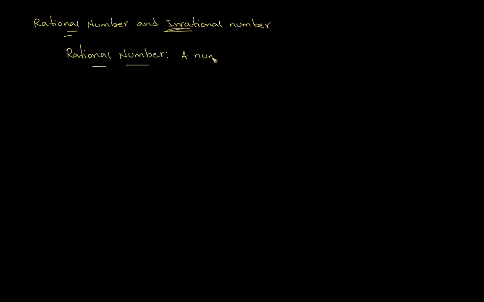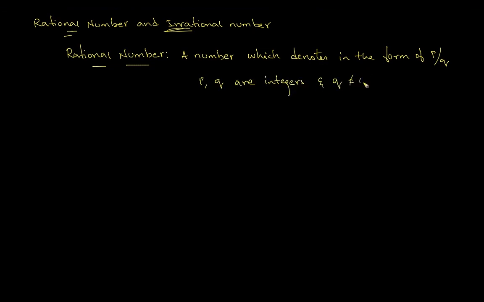A number which is denoted in the form of p by q, right? P and q are integers and q is not equal to 0, right? In another way, what we can say, a set of rational numbers